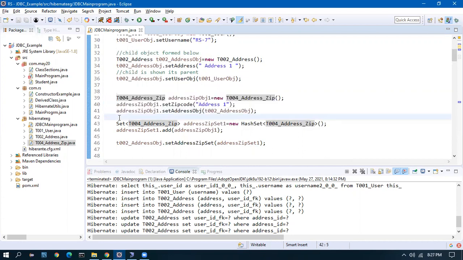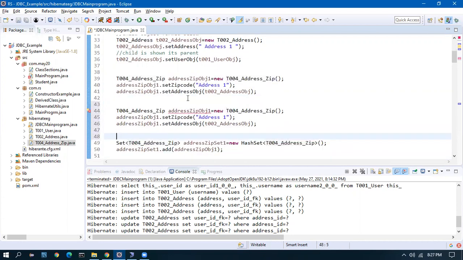This is the first zip. This is address 1 zip 1. Address 1 zip 2. So this will be the second zip object of the first address.